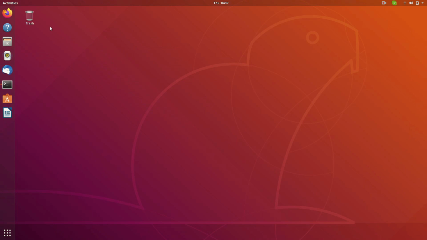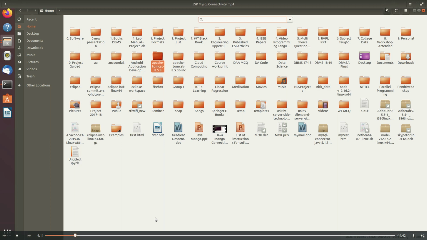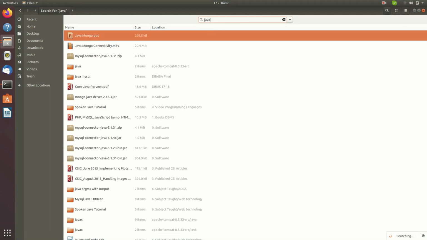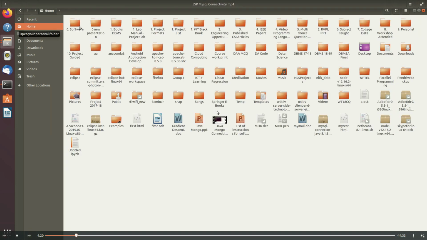Okay, now we will go to Eclipse Java Enterprise Edition that will require Apache Tomcat. We can download it from Google, and that tar file we have to extract here. And another important connector that would be required is the Java MySQL connector, that jar file. So that jar file I'm checking whether it is present. Okay, it is present here. So I'm having this connector jar file.